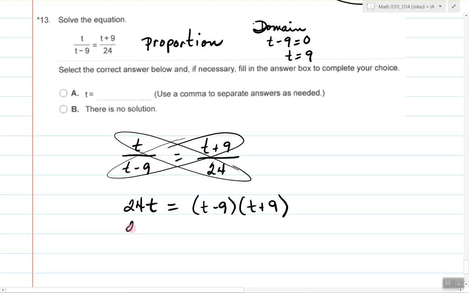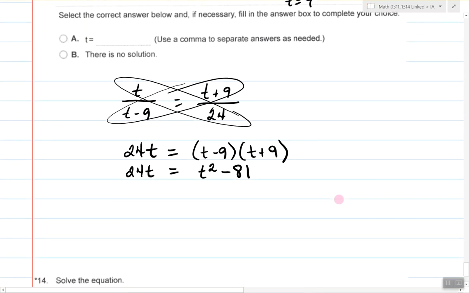So I keep 24t is equal to, this is a sum and difference product, and it becomes t squared minus 81 when you multiply, perhaps by using FOIL. Subtract 24t from both sides because you want a 0 when it's quadratic, and this is quadratic. 0 is equal to t squared minus 24t minus 81. 0 is equal to,